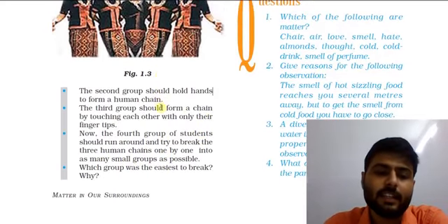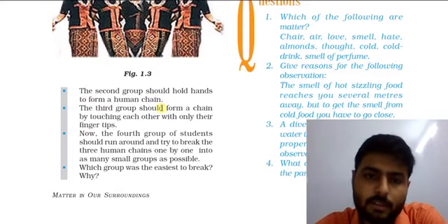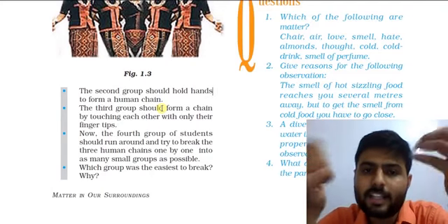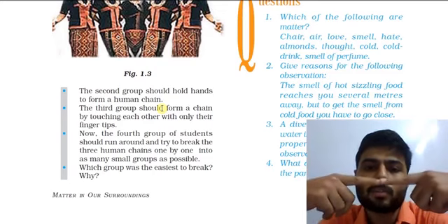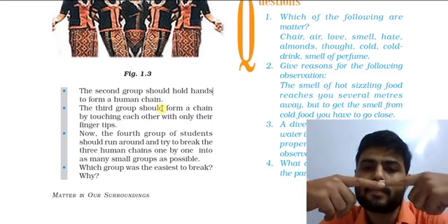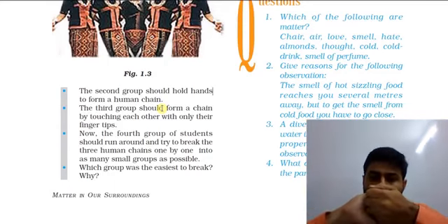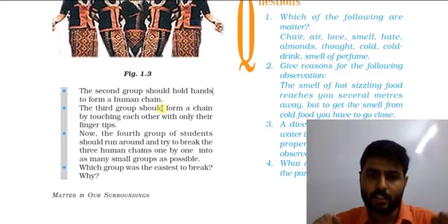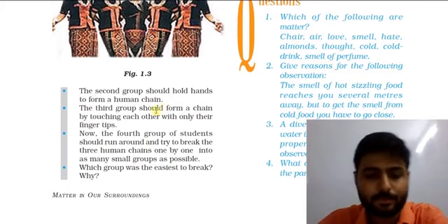We can easily say that the third group can be broken easily because it has much lower contact, much lower attraction, or say no attraction, because by touching fingertips we have no force or strength here. In the second group, in which they are holding hands, we have much more force. And in the first group, when people have hands on the back, they are much closer to each other, with more attraction between them, so it is hard to break.